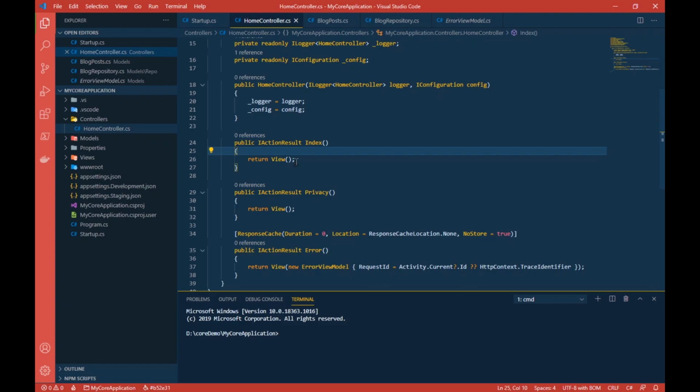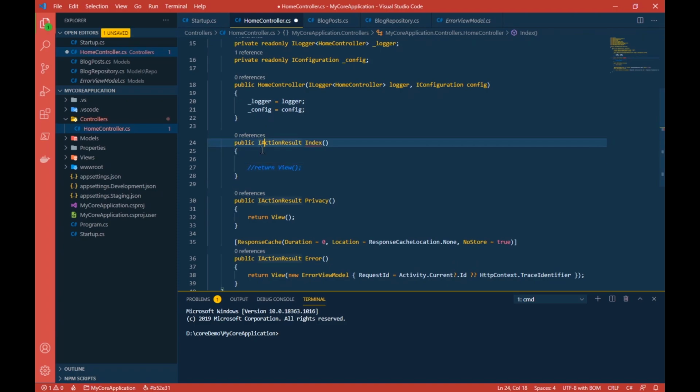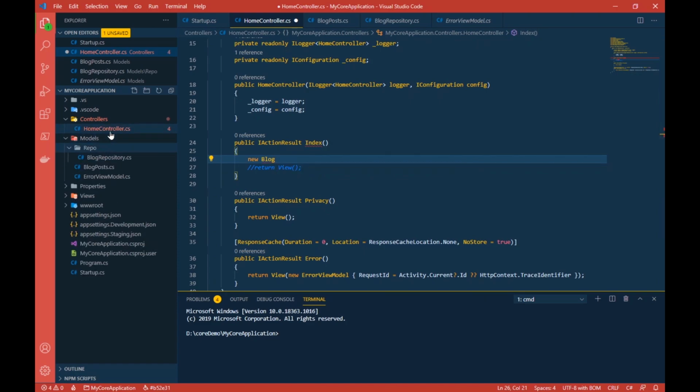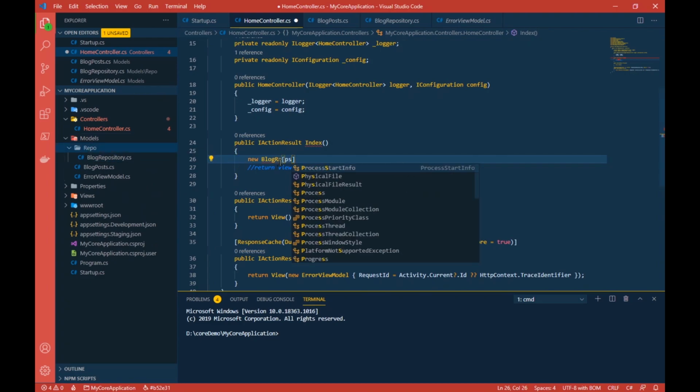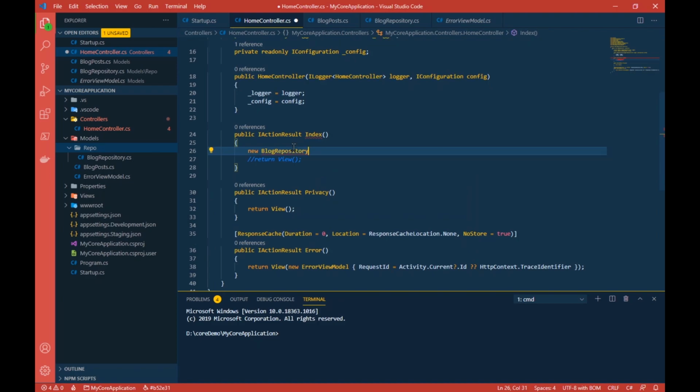So let's go ahead to our controller, home controller, and in the index action, I'll comment this out for now, and I'll simply go ahead and write new blog. Now we know that we have created this model, correct? And this repo. So I'll use this repository.